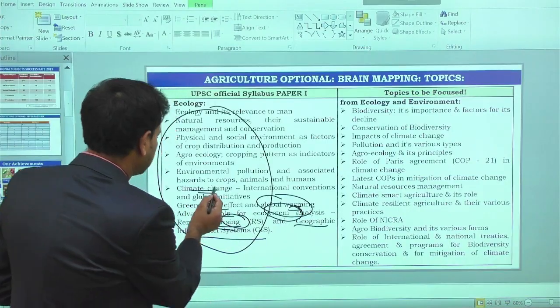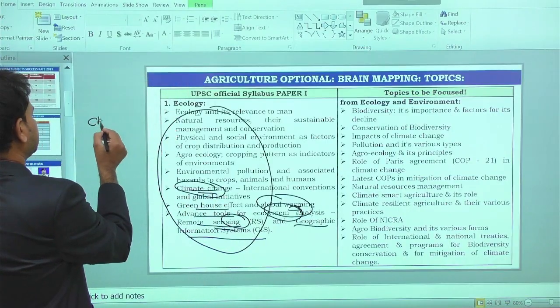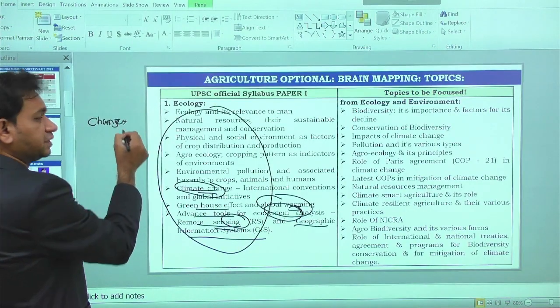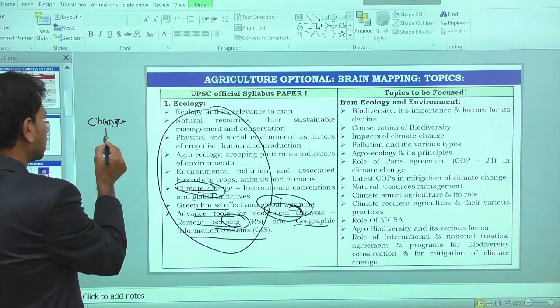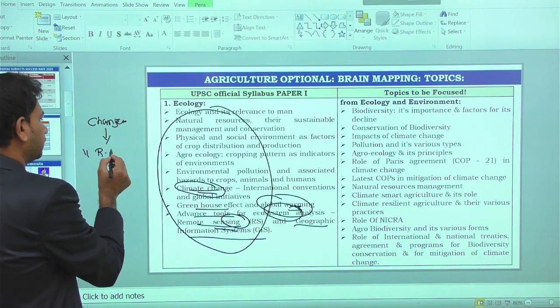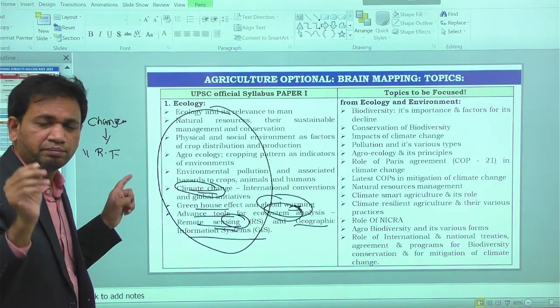Climate change means whenever there are significant changes in climatic elements, like rainfall. Whenever there are significant and important changes in the rain,